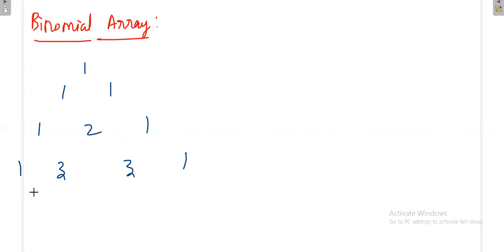Then this is giving you the magnitude of the current. For example, if you have 4 antennas, for the first antenna you have a current of 1 ampere, for the second antenna 3 ampere, for the third antenna 3 ampere, and for the fourth antenna 1 ampere. So in the previous cases, we were not changing the magnitude of the current, but now here we are changing the magnitude of the current. In the case of the binomial array, we are exciting the antennas in such a way that the current follows the binomial pattern.